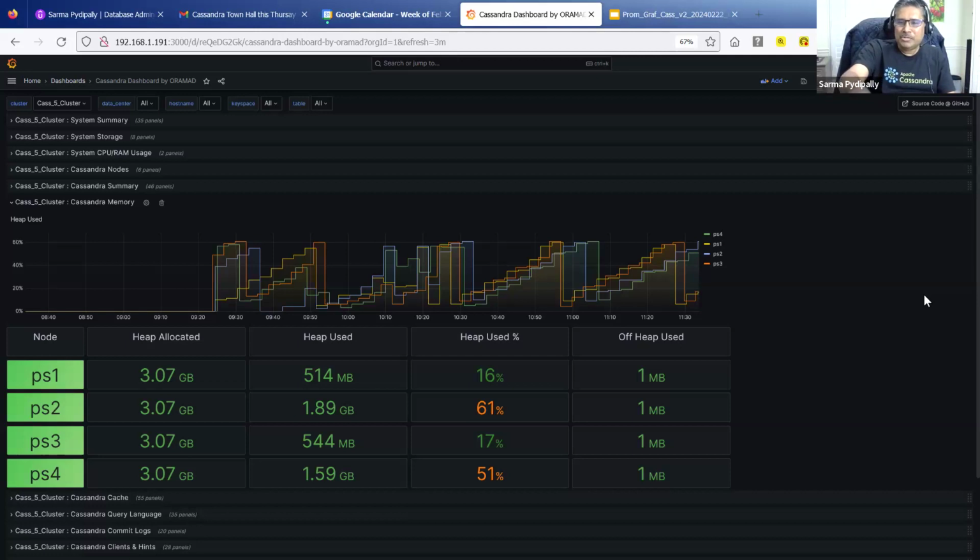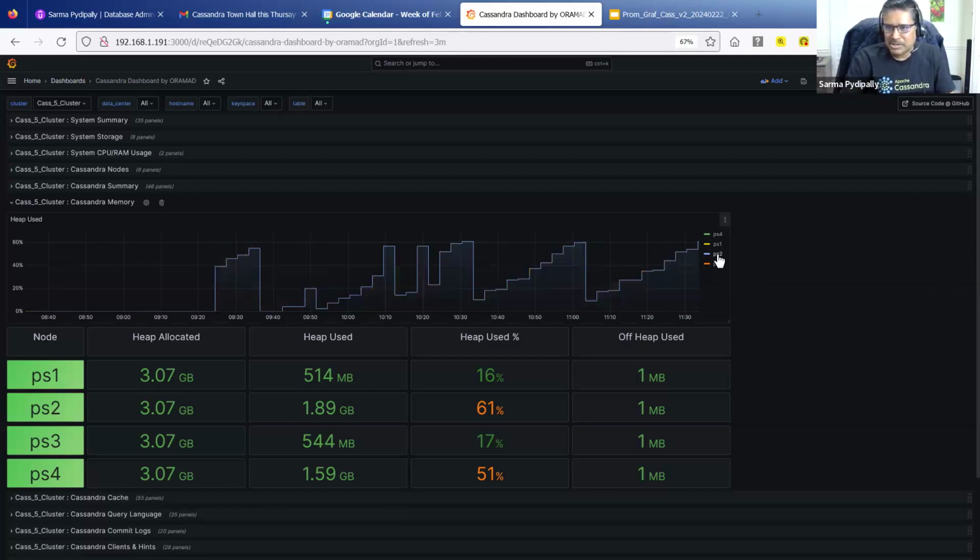What I want to point out here is, if you carefully observe, if I pick one server here, you can see that pattern of heap going up and then dropping. That's the garbage collection happening. So if my garbage collection is happening every 30 seconds, I should be worried. Right now I see about 20-25 minutes, which is good. And this is how your graph should look, with a 10 to 20 minute gap.